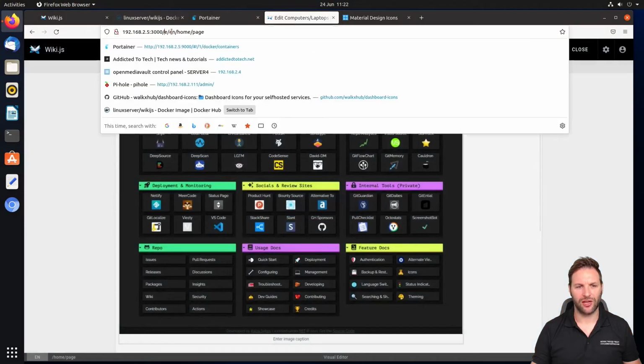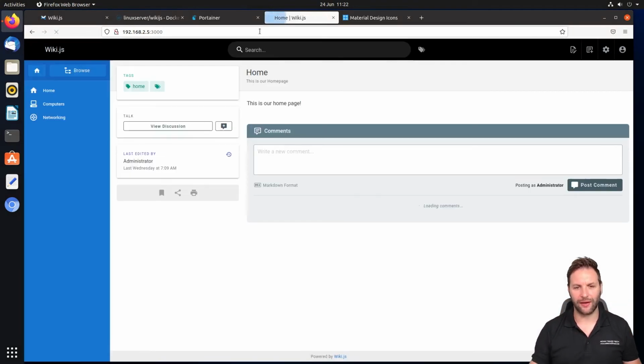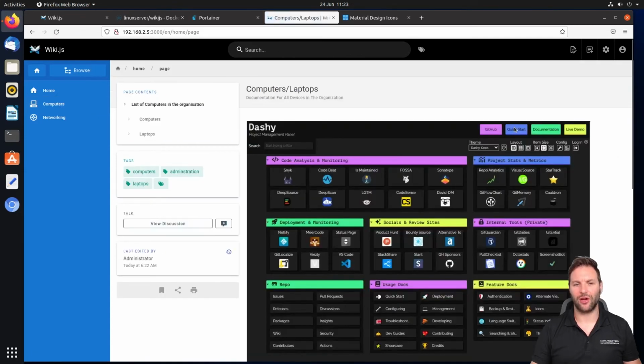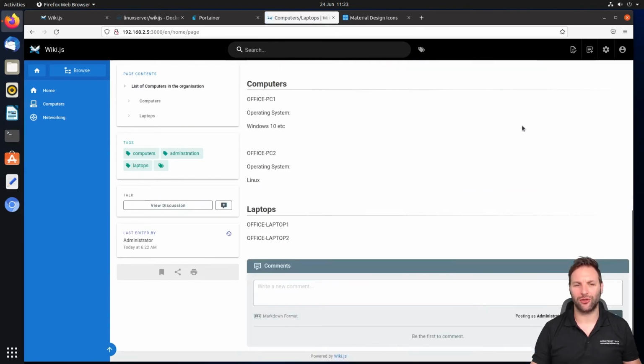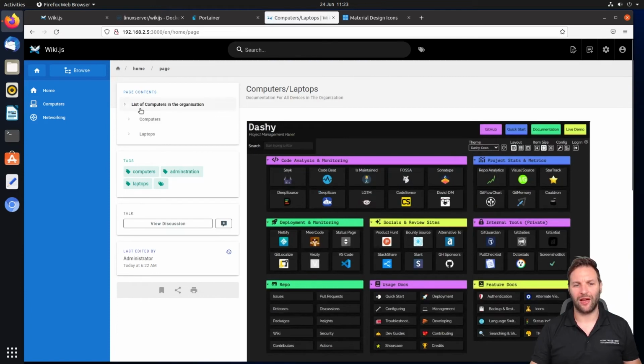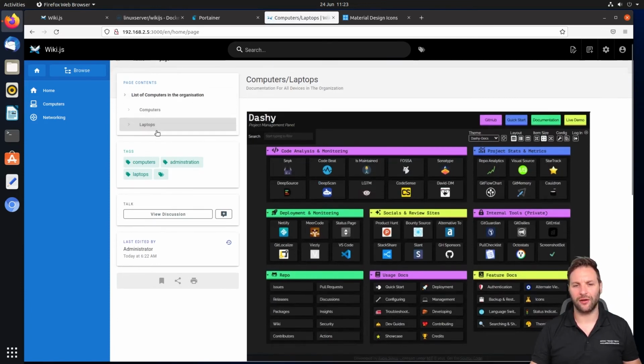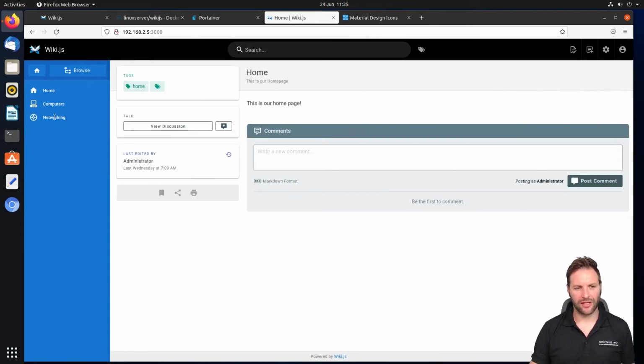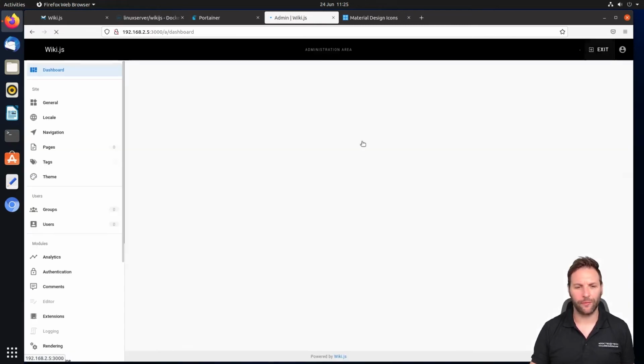And then if we return to our Wiki homepage again, you see you have computers, and here is our computer section where we can store our documentation. And we also have our lovely page contents here to navigate through that Wiki document. Okay, so this networking page, I didn't select page when I exited it, so you can see it's just blanked out. If you get that and you need to re-edit it, just click on this cog,